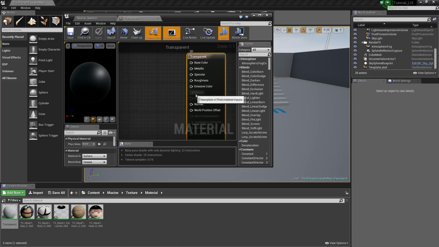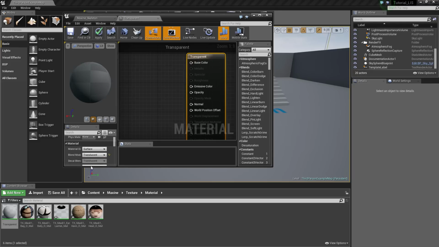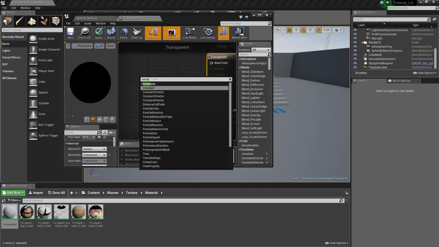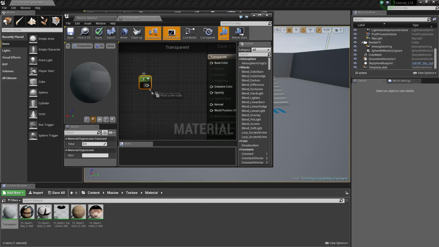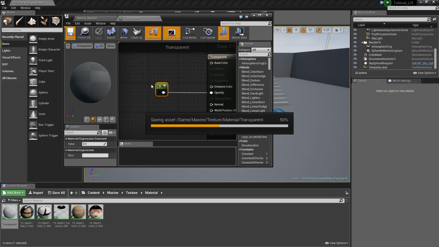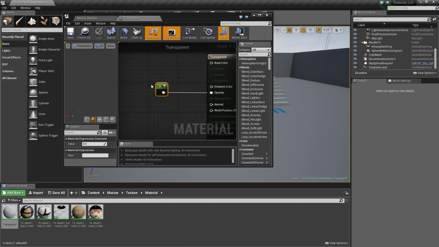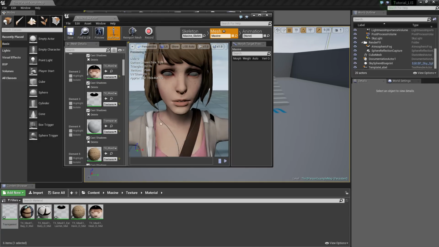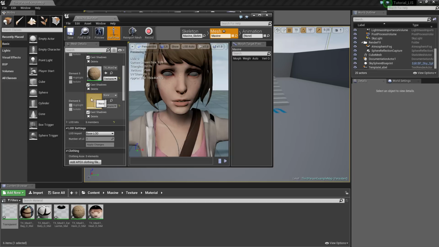And so I will just change the blend mode to translucent, and I will create a constant and keep it at 0 to have full opacity of the material. Apply and save. And now I apply the material to the eyes,